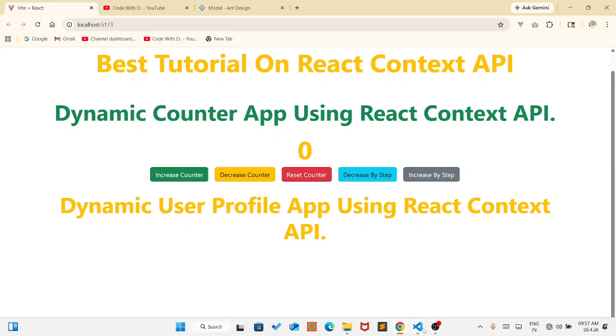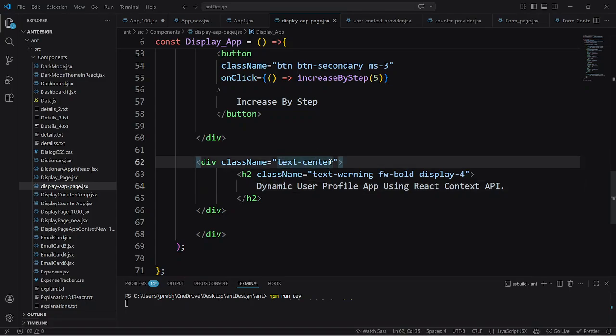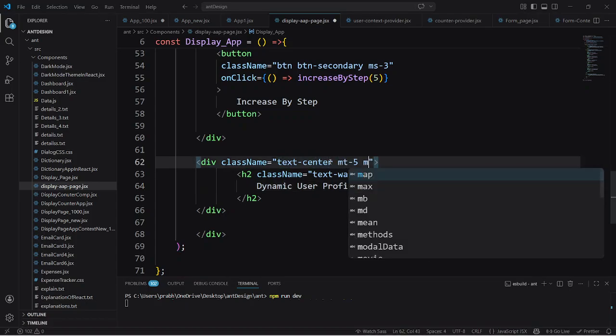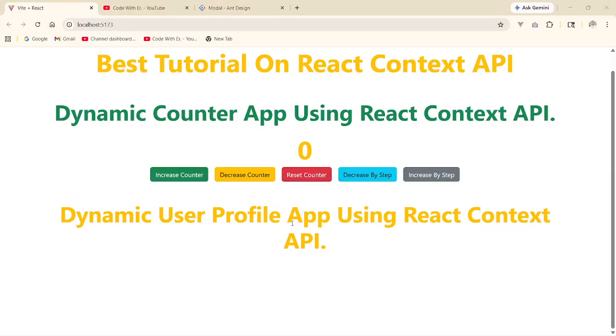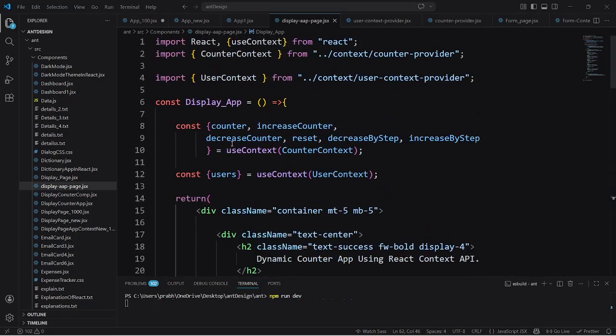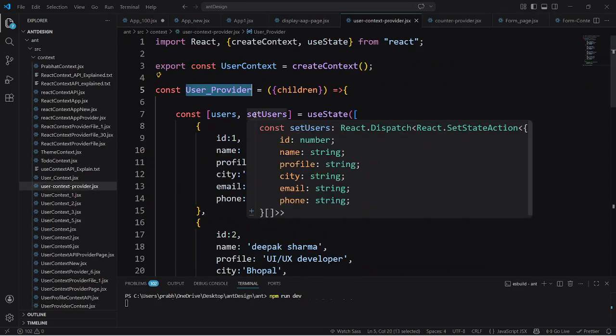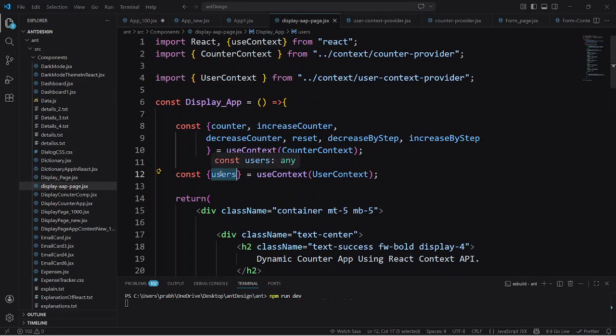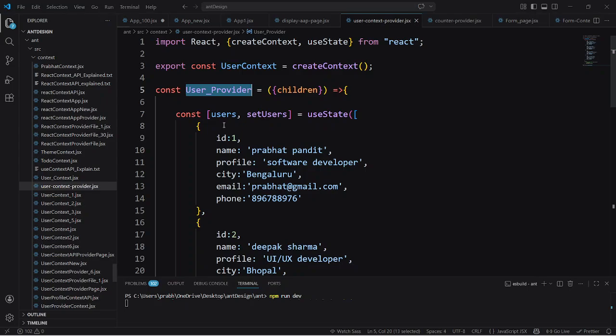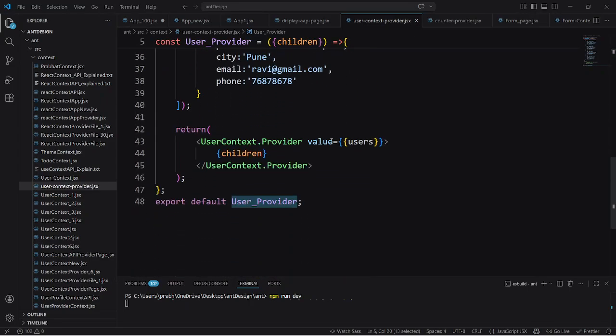Now just give some gap from top and from bottom as well. Save the file and here it is. So now guys, I'm going to use this users array of object which we have grabbed from this user provider file. We have grabbed this user array of object from this context provider file through this value object. So now just come down,